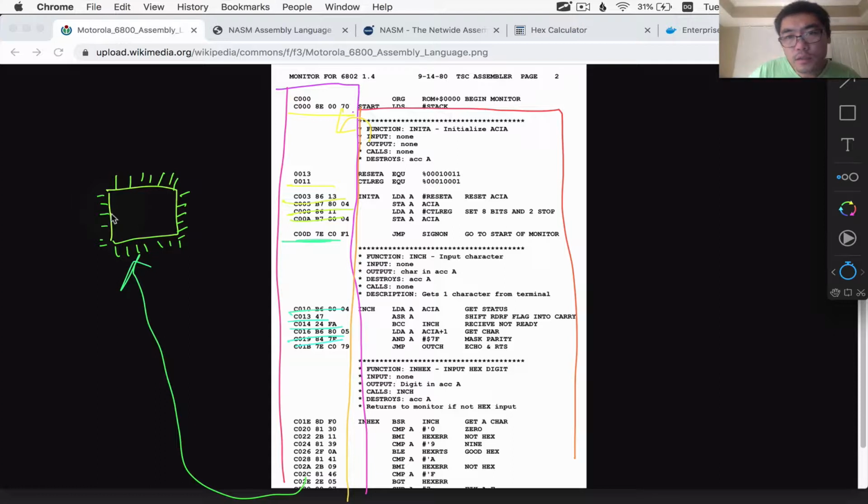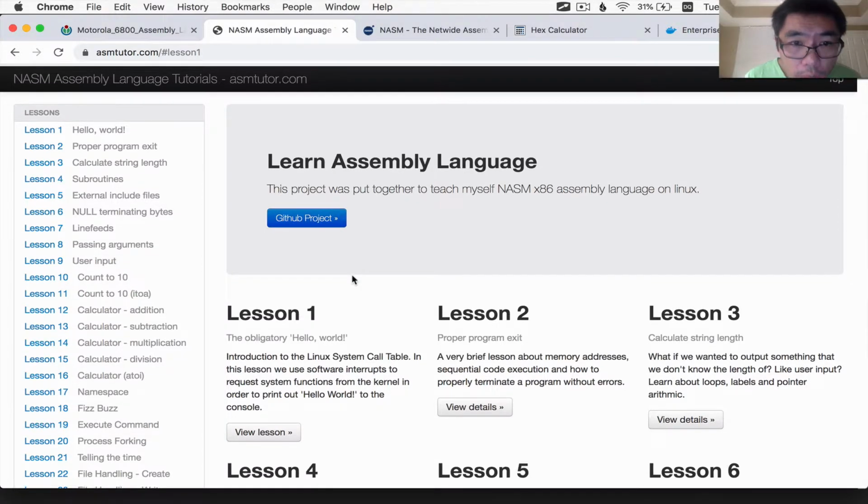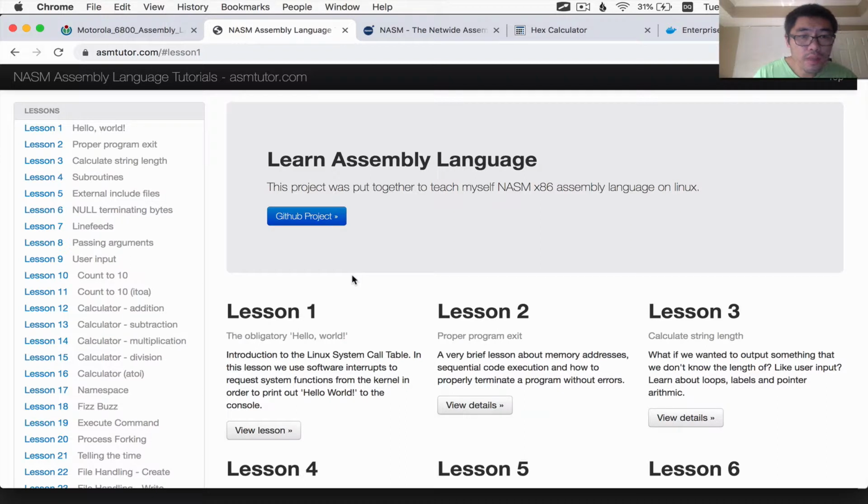Most likely, if you have a standard computer, a laptop or desktop computer, you probably have the Intel chip, which is of the x86 family.